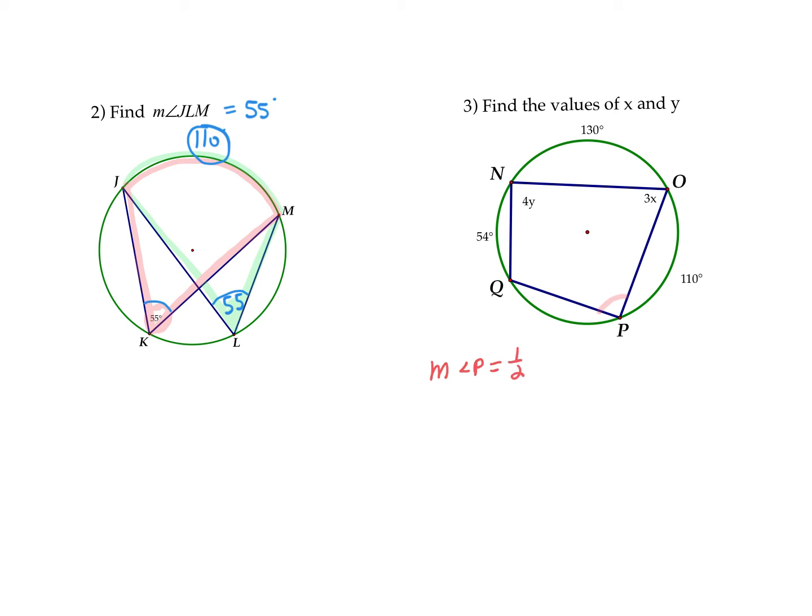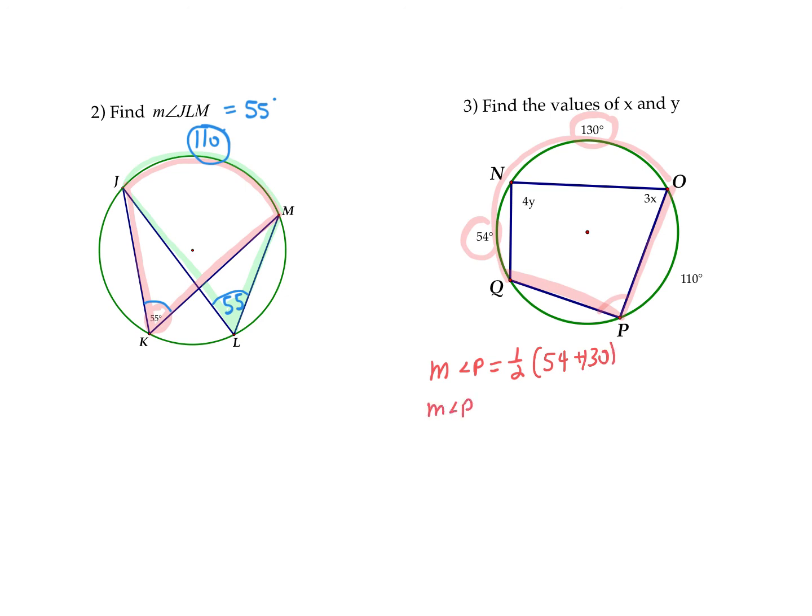And if I trace out the sides with my highlighter, angle P stretches out to point O and point Q. So angle P actually intercepts this whole arc. So it goes through 130 degrees plus 54 more degrees. So we can say the measure of angle P equals 1/2 of the sum of 54 plus 130,